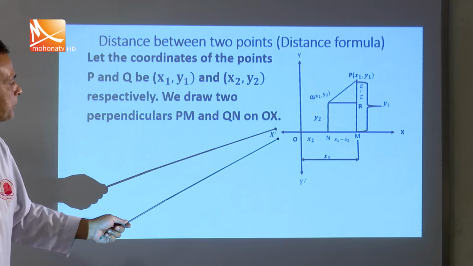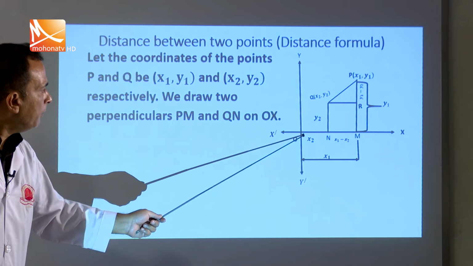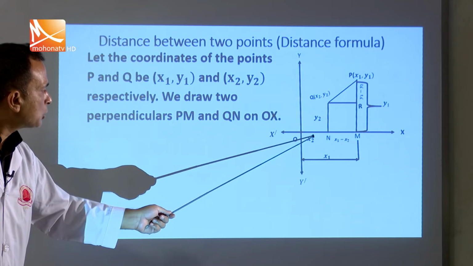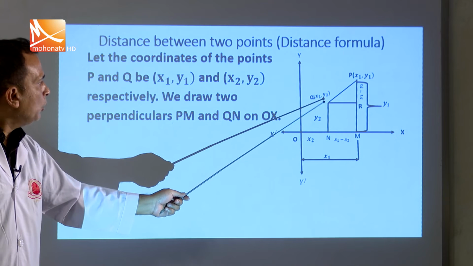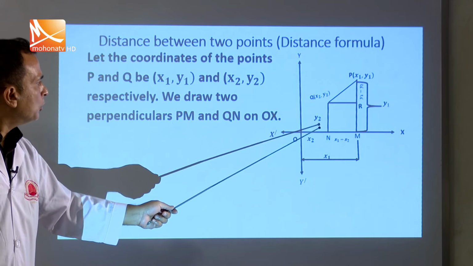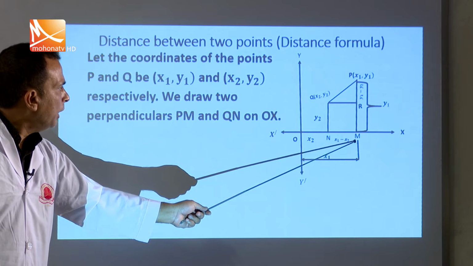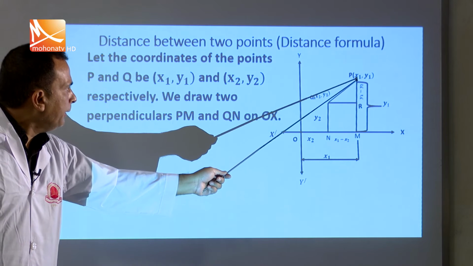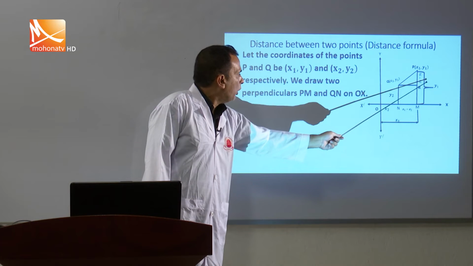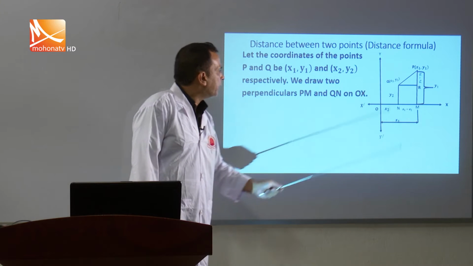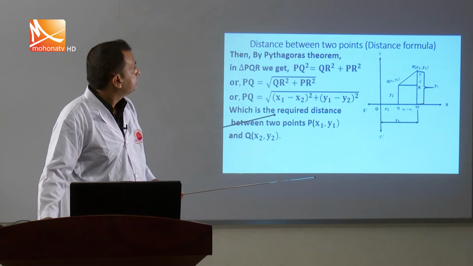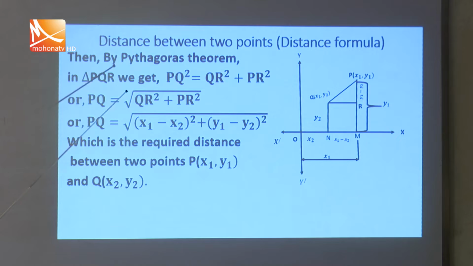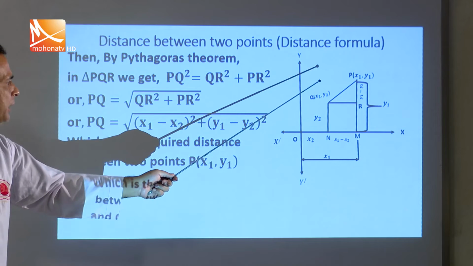So by the concept of coordinates, OM equals x1, ON equals x2, so MN equals x1 minus x2. Again, you just see that QN is y2, so RM is also y2. Again, PM is y1, so PR equals y1 minus y2. Again, you just see that, by the Pythagoras theorem, in right angle triangle PQR,